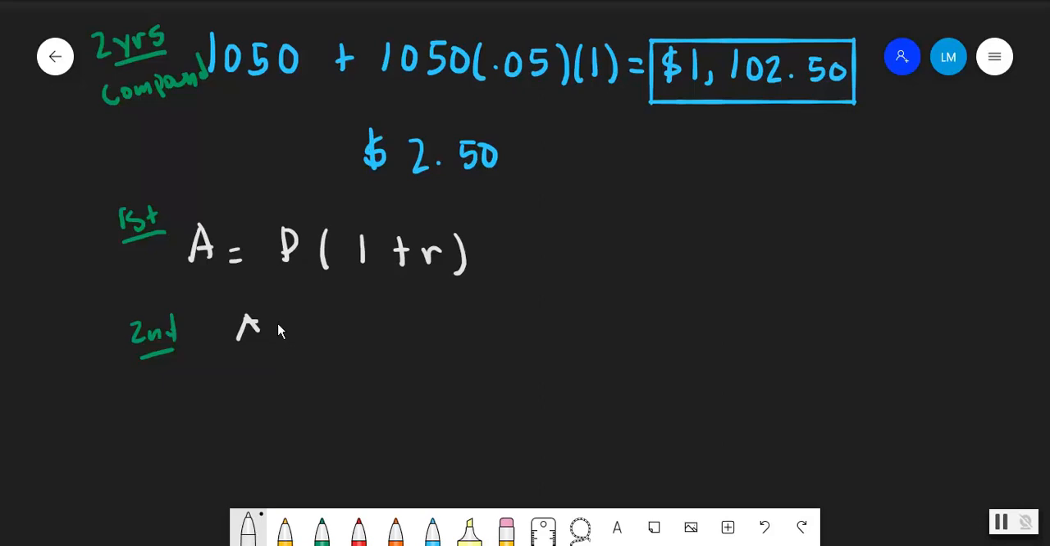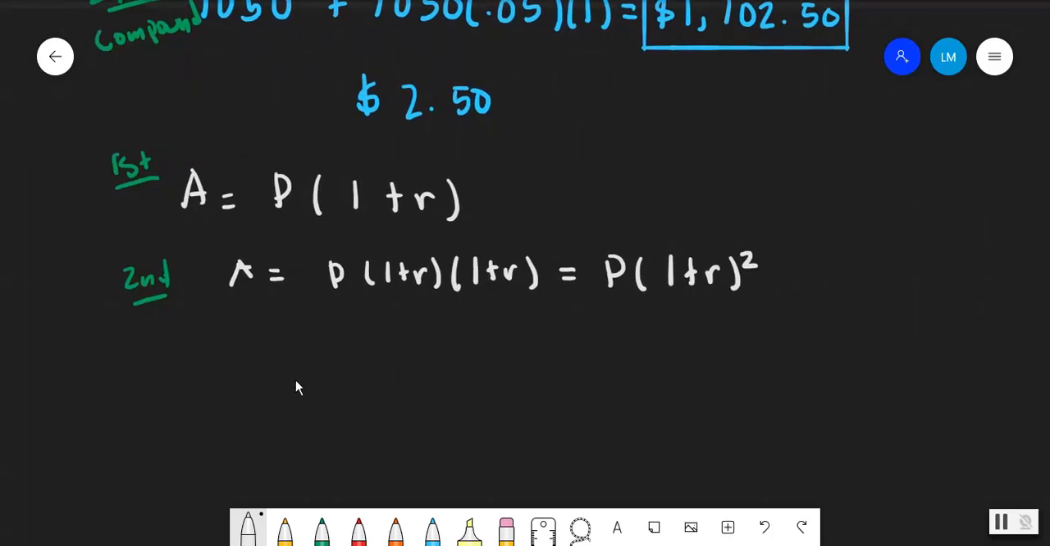and that's going to be equal to the principal amount, which is now 1 plus r, and this is going to be multiplied by 1 plus r, which is going to give you P times 1 plus r to the second. Now, basically, if I repeat that process, however many years there are for the compound,